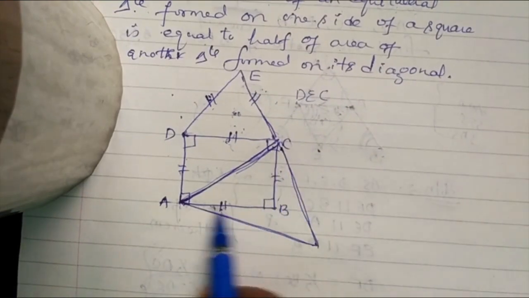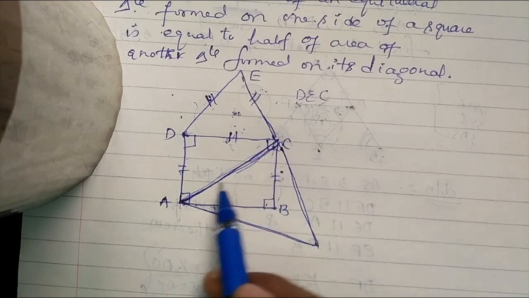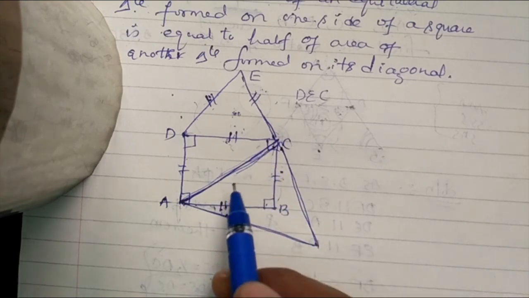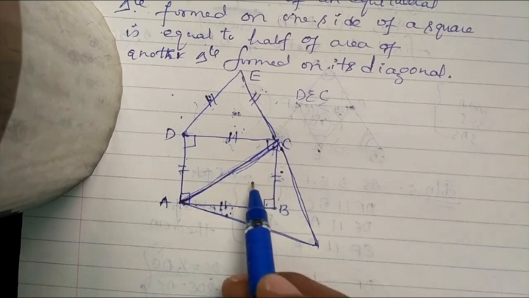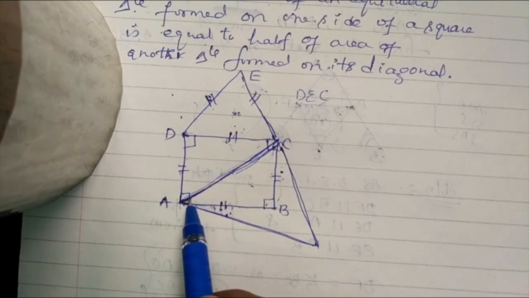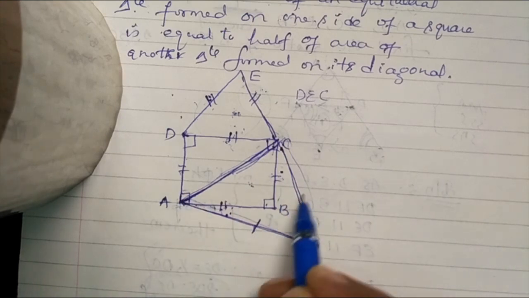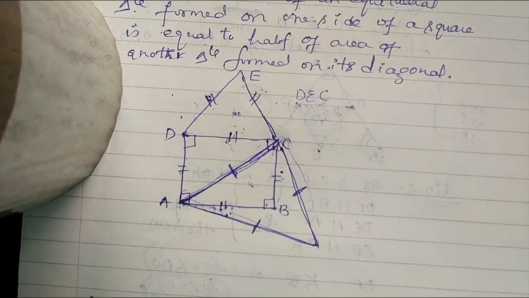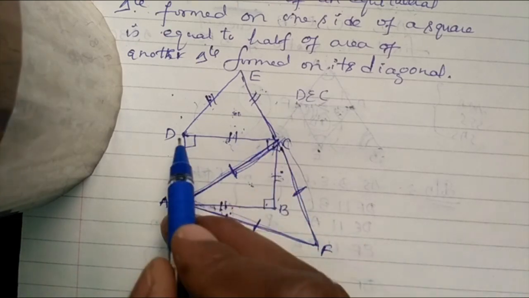So why can't this triangle be it? Because in this triangle these two sides are equal, but the diagonal is always greater than this side. So these two become equal and this is longer than the other two, and it becomes an isosceles triangle. Therefore, if you want to form an equilateral triangle on the diagonal, you need to draw it separately like this. Now I mark a single stroke on this. I mark this as F. Triangle AFC is formed on the diagonal.